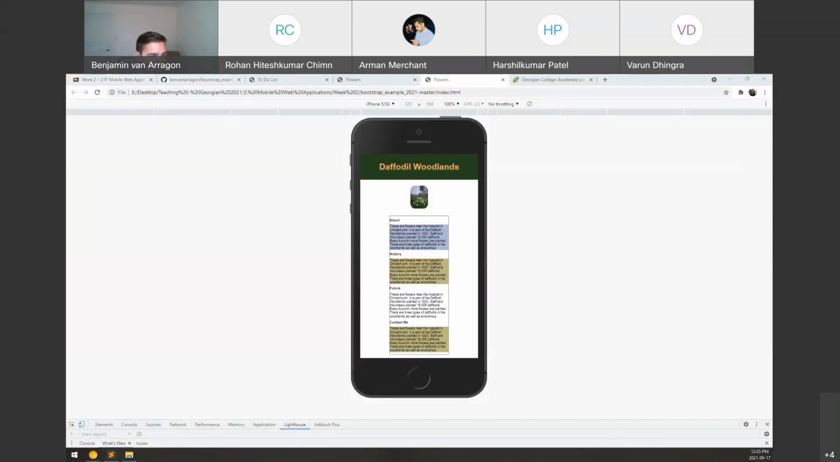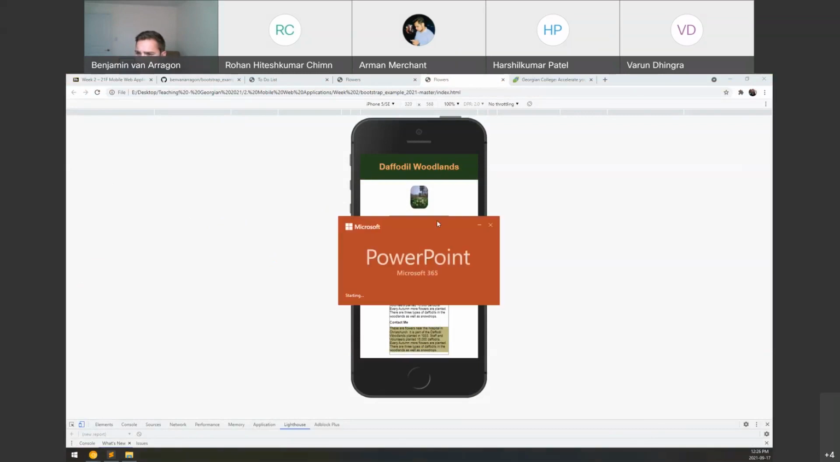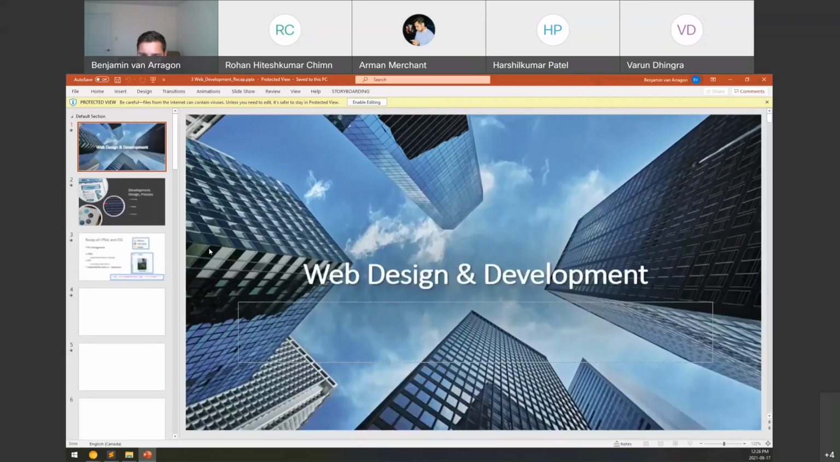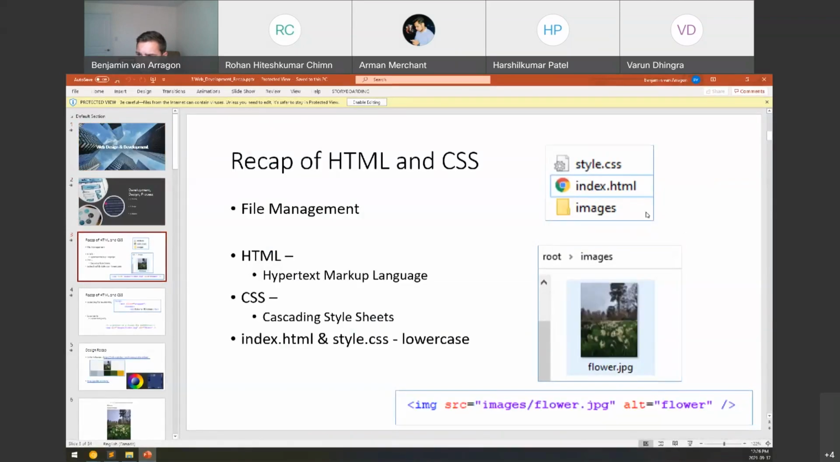Next PowerPoint that I want to talk about, let's see. Number 3 is web development. Okay, let's see. File management in HTML and CSS. So you always have your images folder, and then your index and style are in your root folder, okay? This is how you refer to images, and